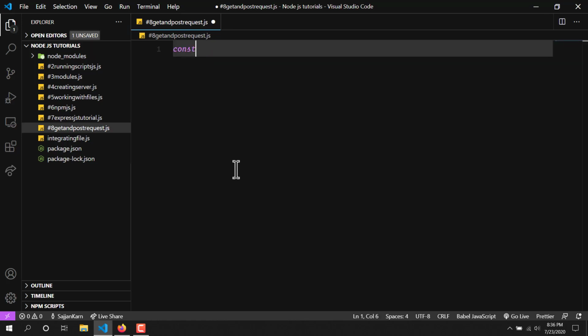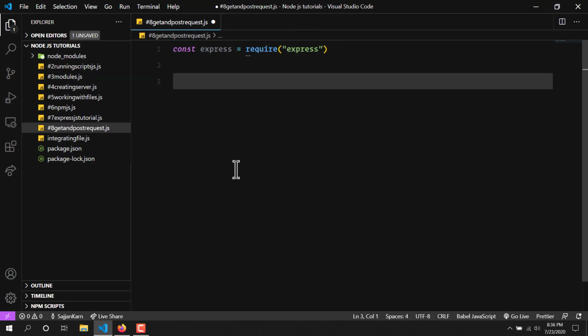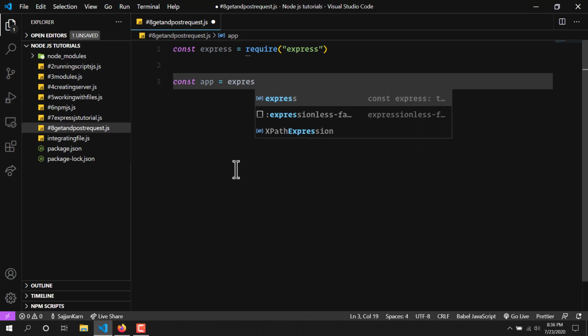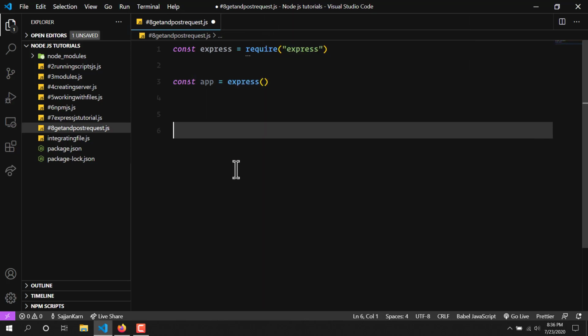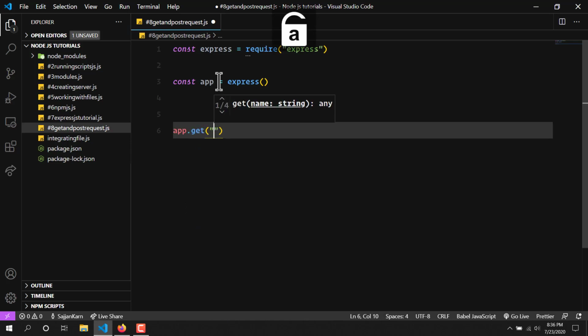I will first require the express module, and we need to initialize our app here, which means we need to create an app using the express module. And we can use app to define our endpoints. So I can use app.get,